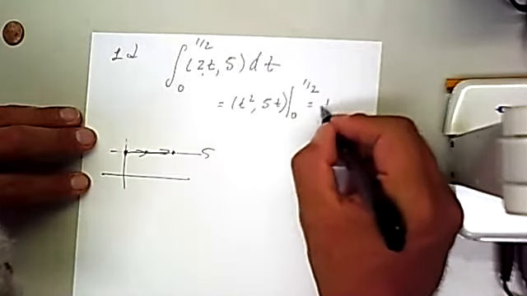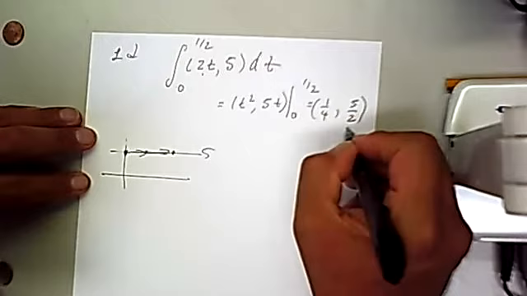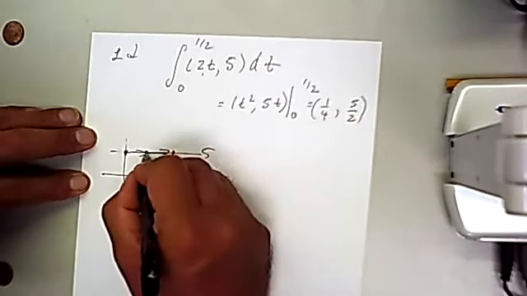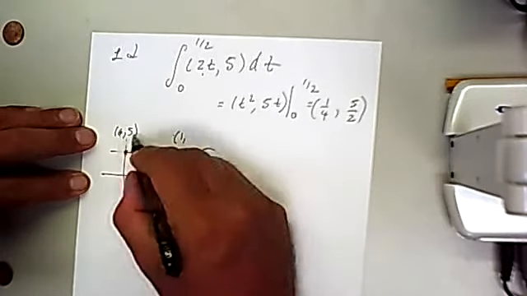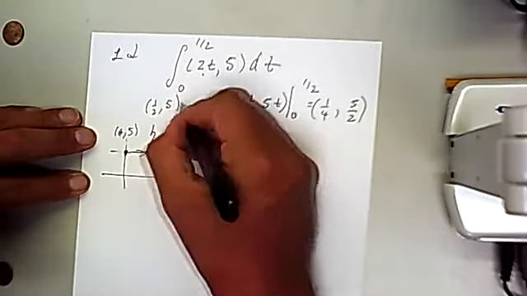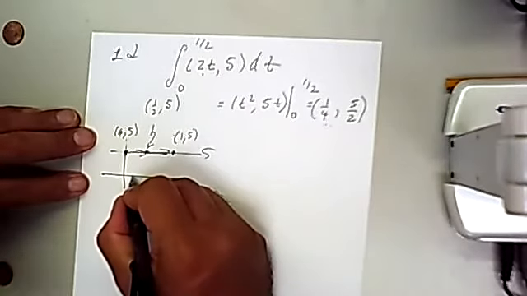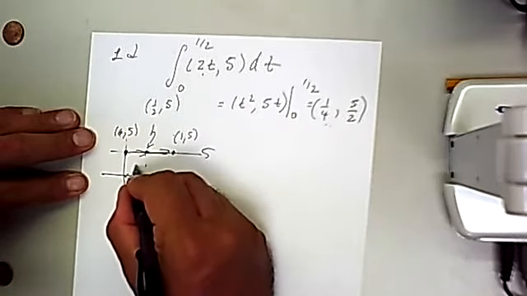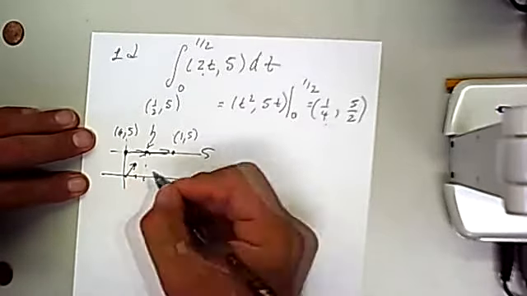So we end up with 1/4 and 5 divided by 2. So the average, or the midpoint rather, between 0.5 and 1.5 would have to be 1/2, 5. But we didn't end up with that. We ended up with 1/4, 5/2. So if this is a half, 1/4 would be here. 1/4 and half. Yeah, we end up with exactly half of what we expect the average to be, because the